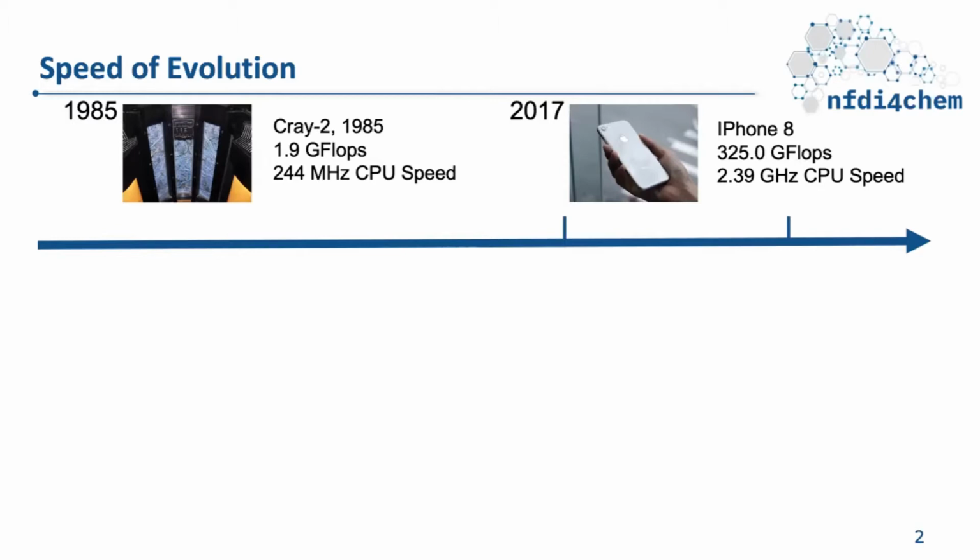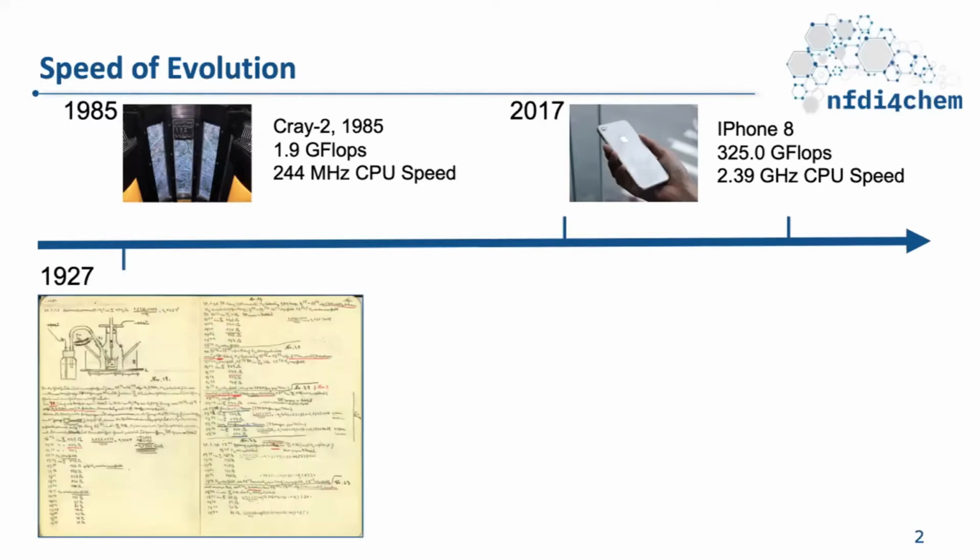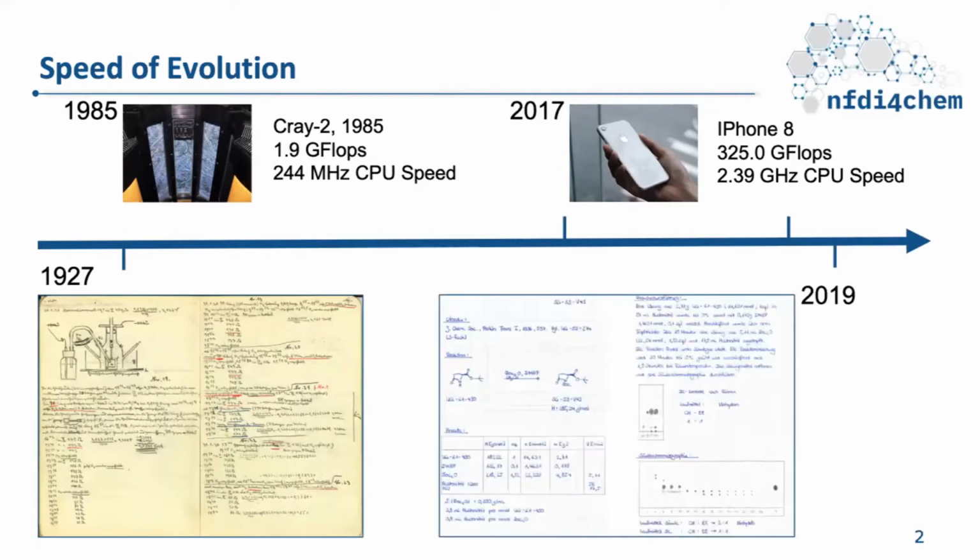In the same time frame, if you look at the evolution of how data is captured within the labs, back in 1927 we had the data captured on physical notebooks, and now in 2019, it's pretty much the same. But to understand the extent of this issue and also dig into the details of what were the key issues that have led to this,